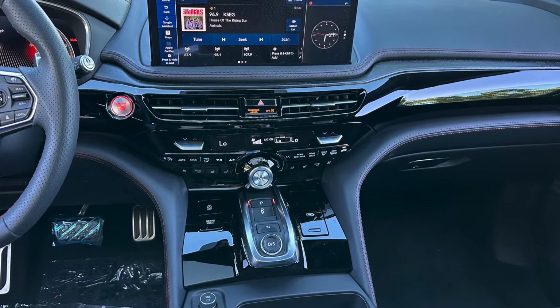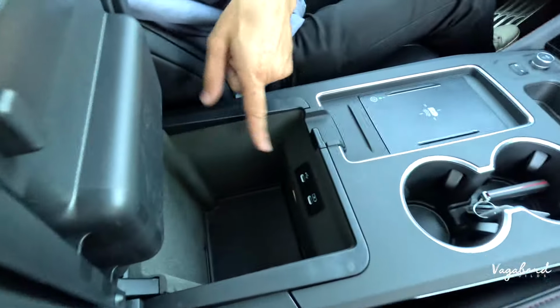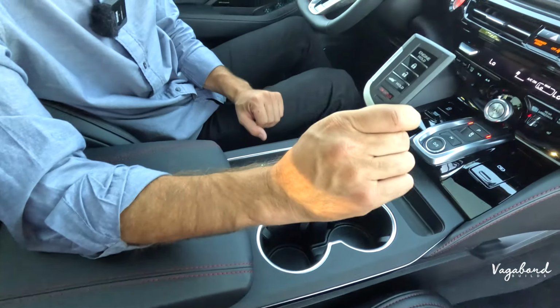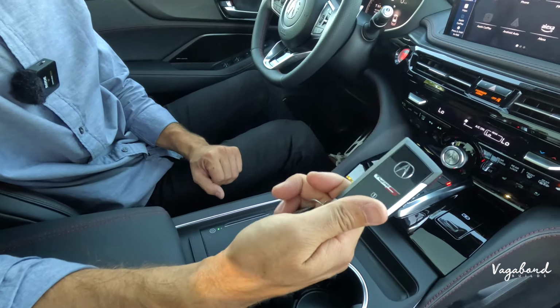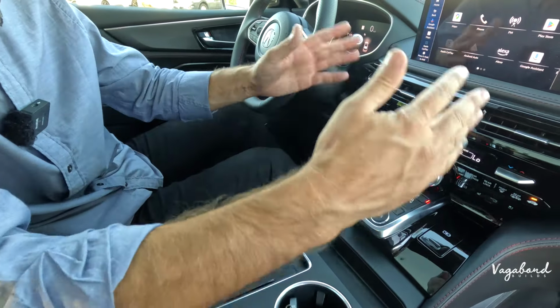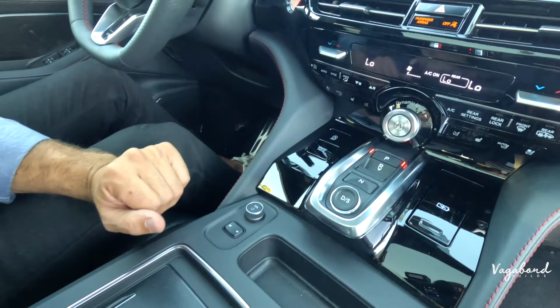They get rid of the palm rest as well, and you get more center console area, okay, with 2 USB-C plugins. Wireless charging pad still in the same place. Cup holders are nice and big. Got the keyless fob, all right, Type S. Up top, coming over to the top, we have the manual knob for the media system,